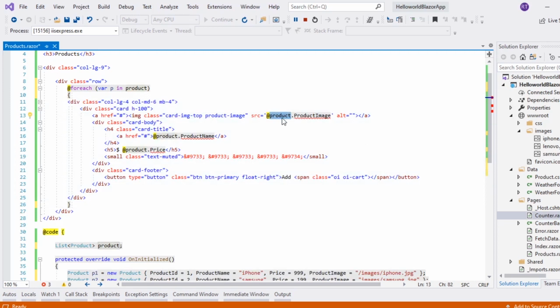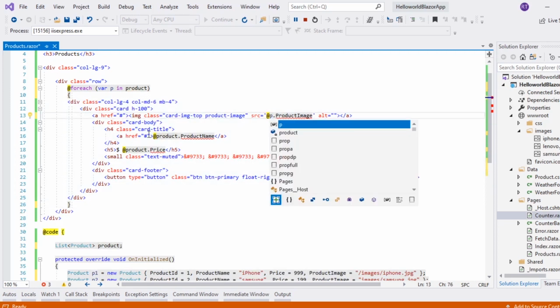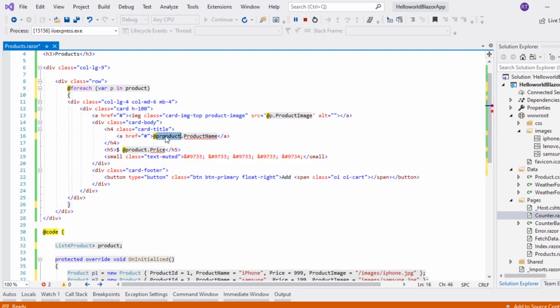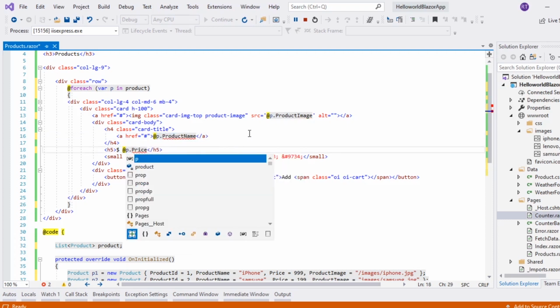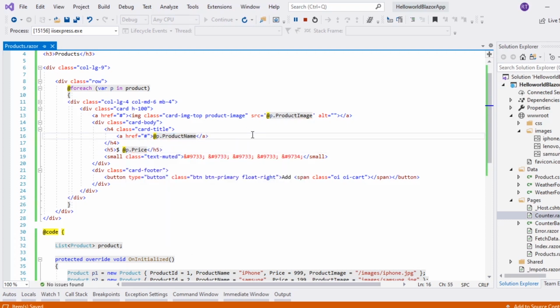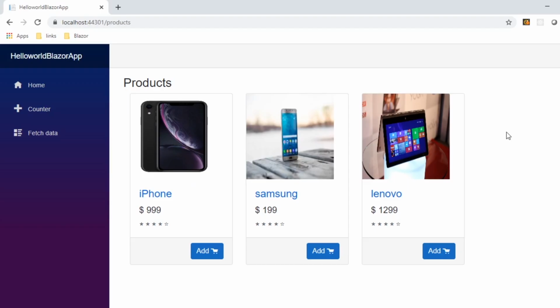Previously we were referring to product, now I'll change that to the iteration variable p. I'll give it a quick build and then run this application. So we have the 3 products listed here with the relevant information like Samsung, the price, and a button to add to cart. So this is how we work with models and a list of objects.